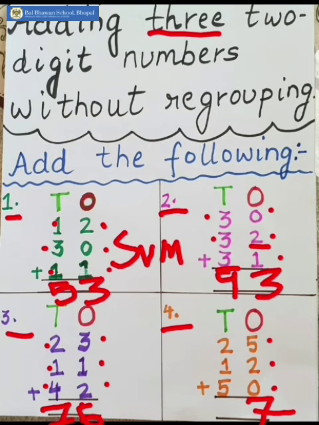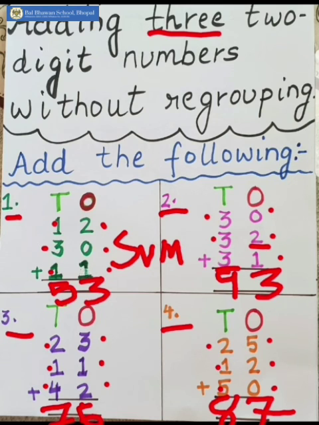Now the digits at tens place are 2, 1 and 5. Again the bigger number is 5. So the next bigger number is 2. 5, count 2 times on your fingers, 6 and 7. Now the digit left is 1. So keep 7 in your mind and count one more time after 7. That is 8. So the number which you get after adding all the digits given at tens place is 8. अब हमारा सम है 87.